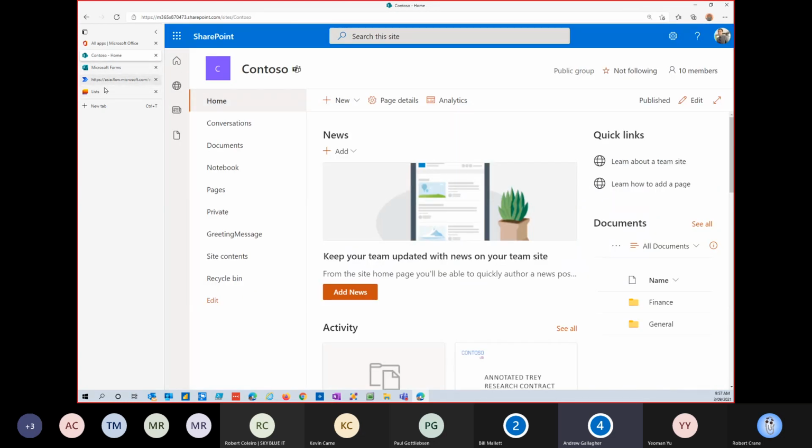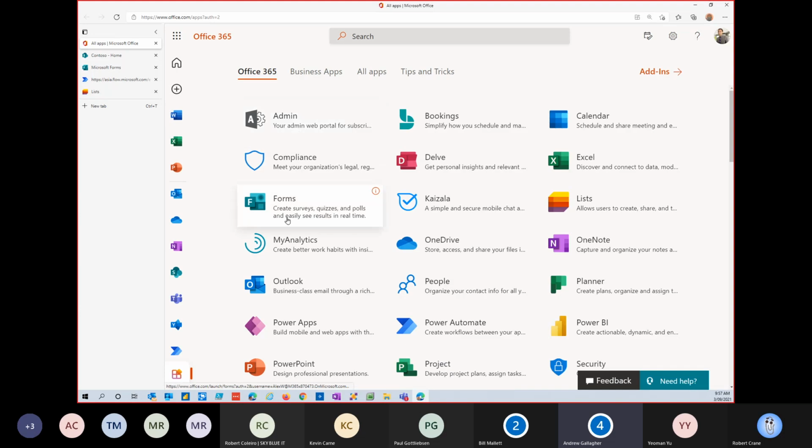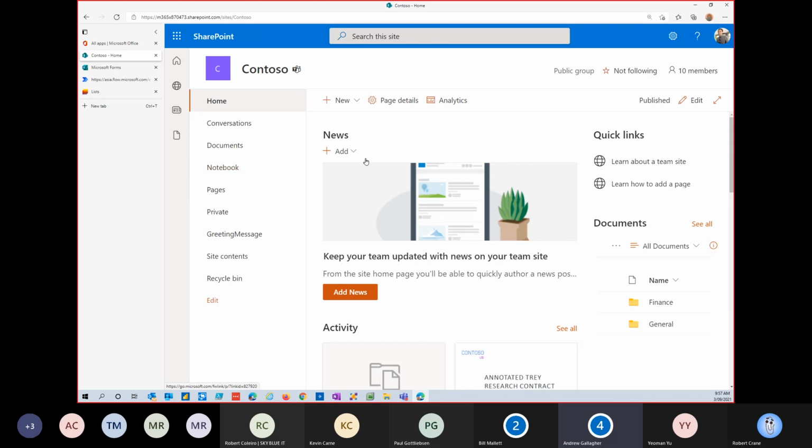Now, if you're not aware, when you first log into your portal, you have access to all of the apps, and you can simply select which app you want to open. So to begin with, I'm going to create my list, to get some employee data. One of the things I noticed in Microsoft 365 tenants is that a lot of data isn't entered in. It's basically a user email address and a password, but information such as their title, name, age, suburb can be entered in.